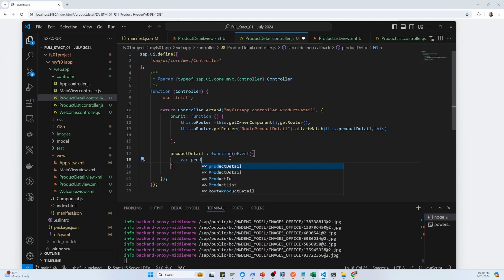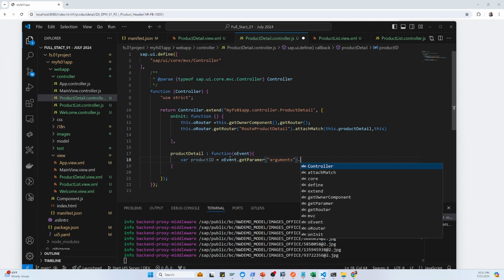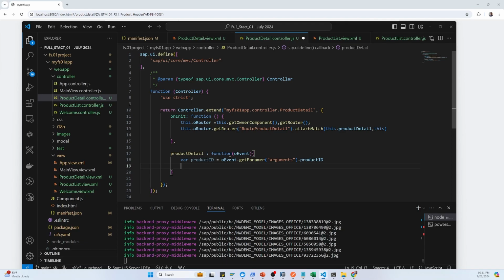Variable productID, event.getParameter arguments productID, and also we have a variable as path. We have to use that class productID,